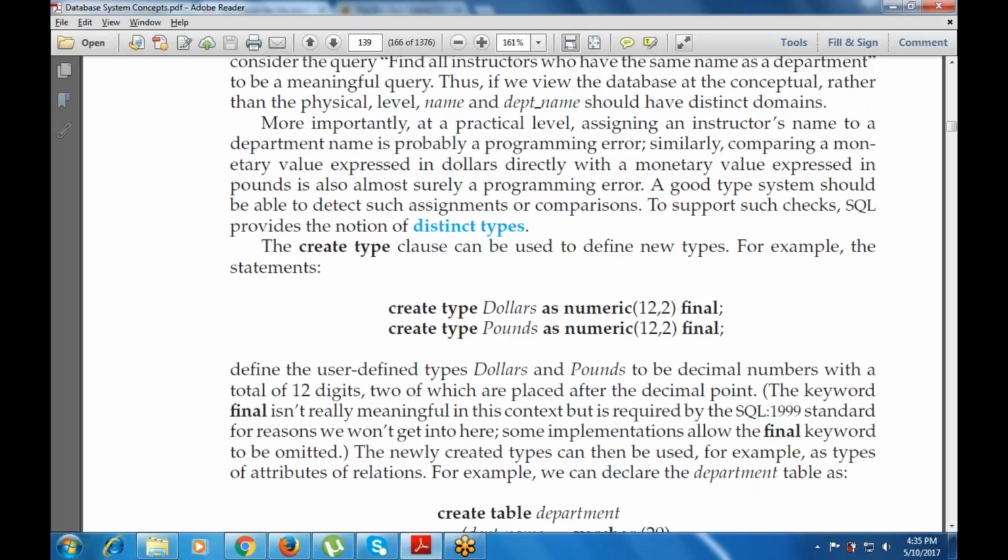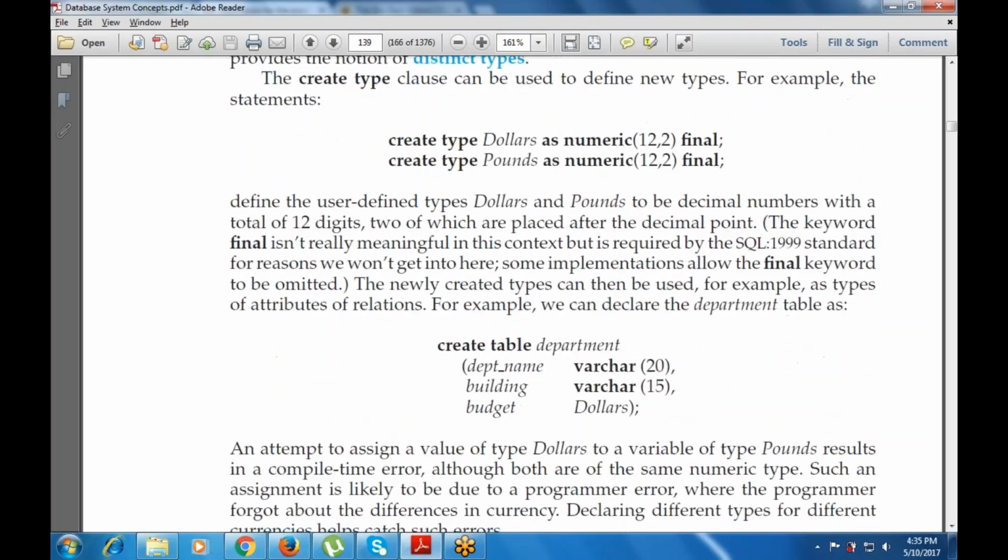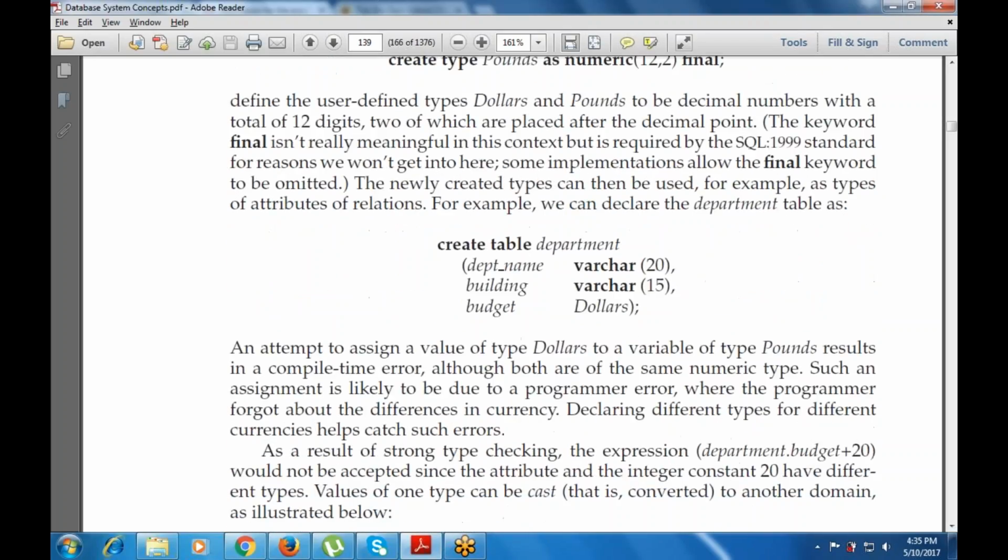Some implementations also allow the final keyword, and the newly created types can be used as the types of attributes of relations. For example, we can declare the department table as follows. This is create table department (dept_name varchar(20), building varchar(15), budget Dollars). An attempt to assign a value of type Dollars to a variable of type Pounds results in a compile time error,